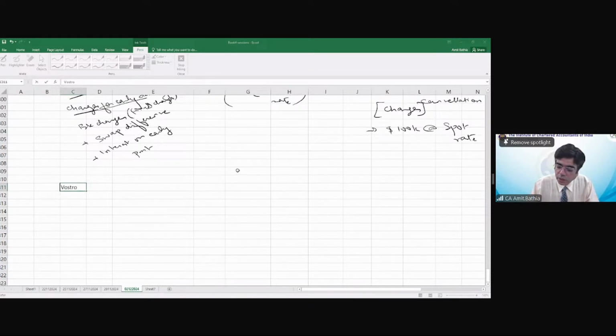a very small concept, which is nostro, vostro, and loro. I think we had discussed this in brief earlier, but now we need to understand the impact of these three. So, say for example,